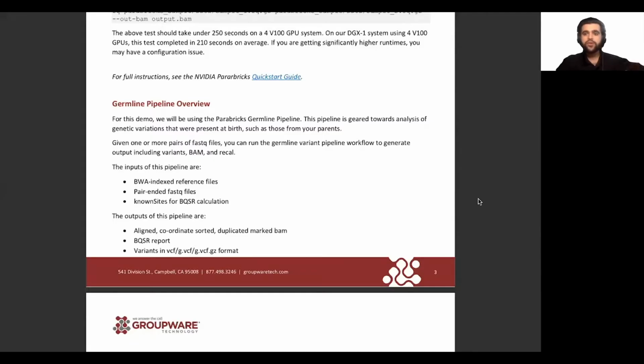So as stated previously, for this demo, we're going to be using the Parabricks Germline pipeline. It's geared towards analysis of genetic variations that are present from birth, such as those you might get from your parents. Given 1 or more FASTQ files, you can run the Germline variant pipeline workflow to generate output, including variants,